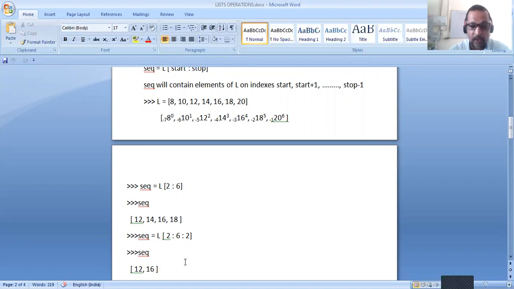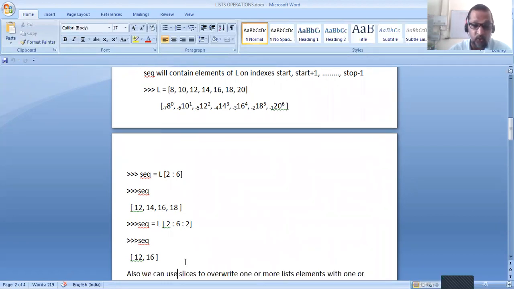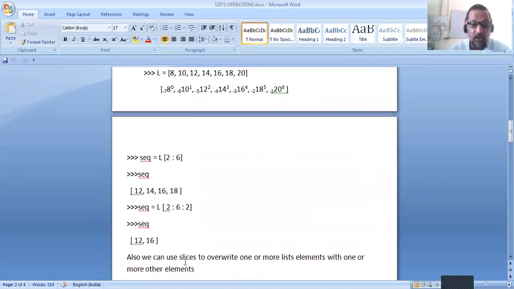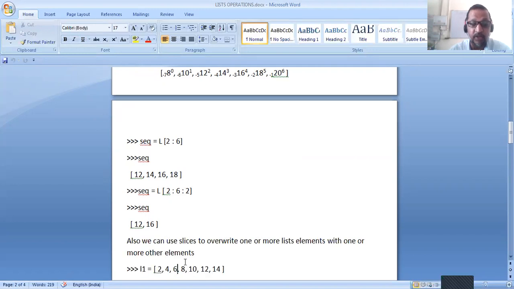Also, we can use slicing for overwriting the list elements. How we can overwrite one or more list elements with one or more other elements. Let us see through an example. Suppose there is a list L1 containing elements 2, 4, 6, 8, 10, 12, and 14.